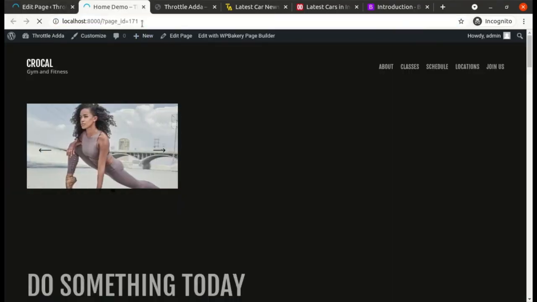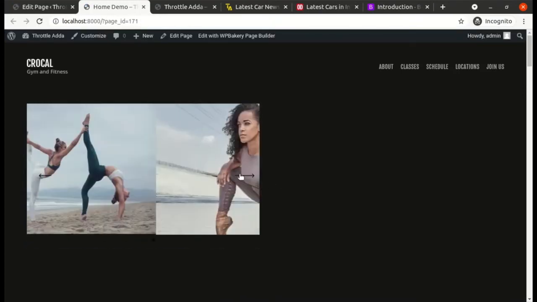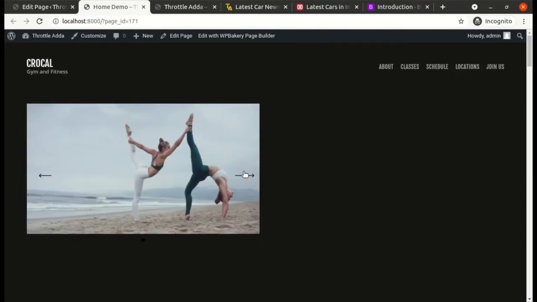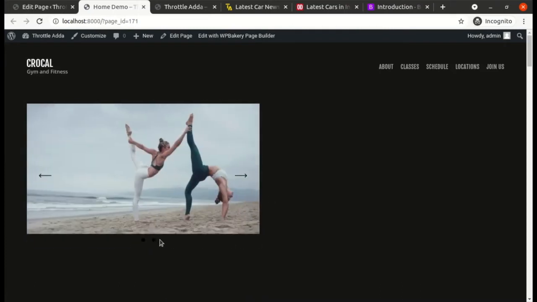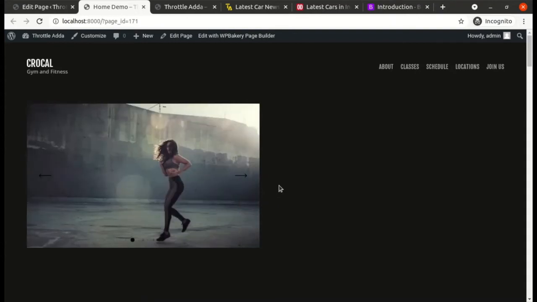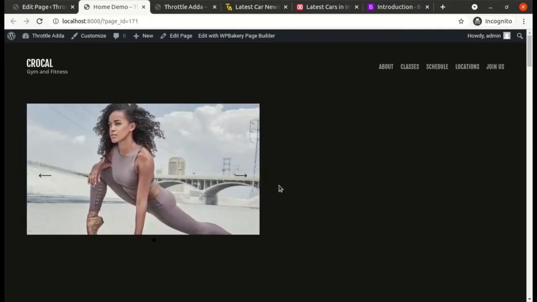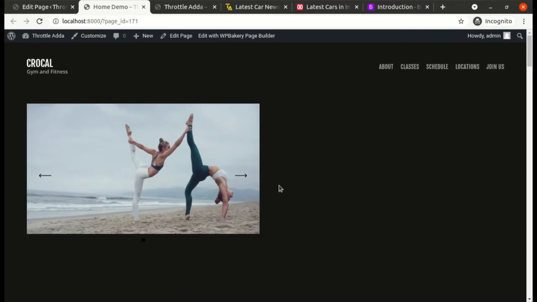Go to the website again. Great. So now you see a bigger slider. Now the problem here is that we do not have consistent image sizes, and that is why in some images the dot navigator below is visible properly, and in the other two images, it's not visible. So this is just a basic demo that we are doing here, just to show you how it works. But for your client website, for your live website that you'll be creating, do create images of the same size, of the same height and width, so that everything works properly.